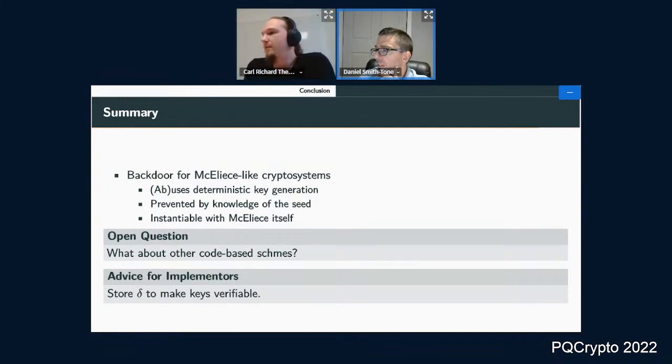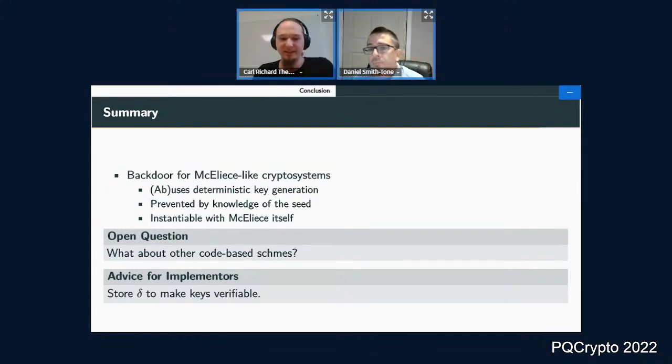Victor Duchesne says, thanks for the talk. If I understand correctly, the countermeasure you suggest is only available to the person who generates the key. You cannot verify that there is no backdoor if you only know the public key. Would there be a possibility for anybody to verify that the public key is properly generated with some kind of zero-knowledge proof embedded in the public key, perhaps?